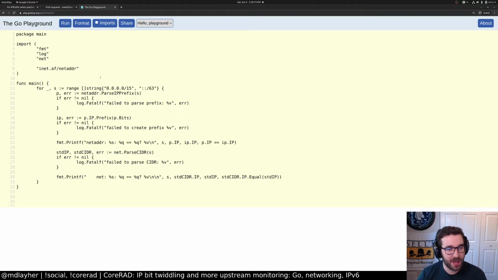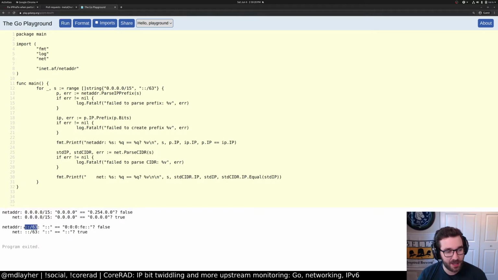Anyway, so the reason I noticed this, I actually added a v4 test case as well. But I was working on CoreRAD, and I plugged in this address into the prefix logic. So :/63, this is something weird. In CoreRAD, we have the magic syntax for :/64 that will pick up all the 64s on an interface and advertise prefixes for them. So I had a test case that put :/63 that I expected to produce an error, but instead of producing an error saying :/63 is invalid, it produced this really weird thing. So 000 FE::, that doesn't make any sense. You're masking off bytes on all zeros already, and it's producing FE. So I started to look at this a little more closely, and I made my tentative fix for it, but clearly that's not right. So we're going to fix that.